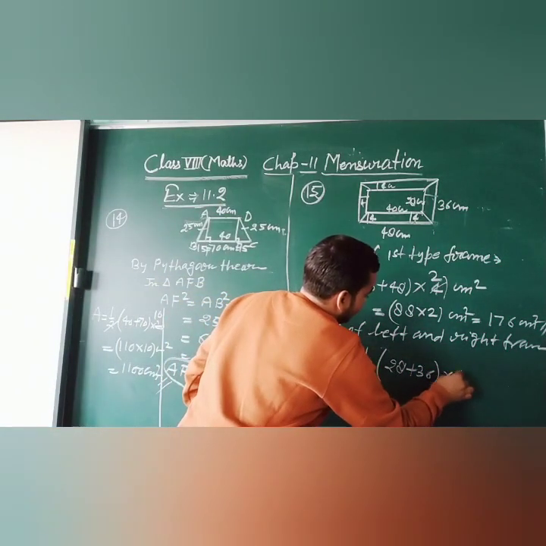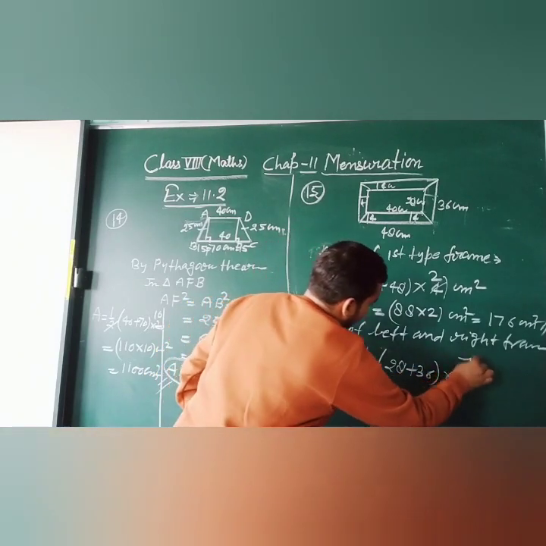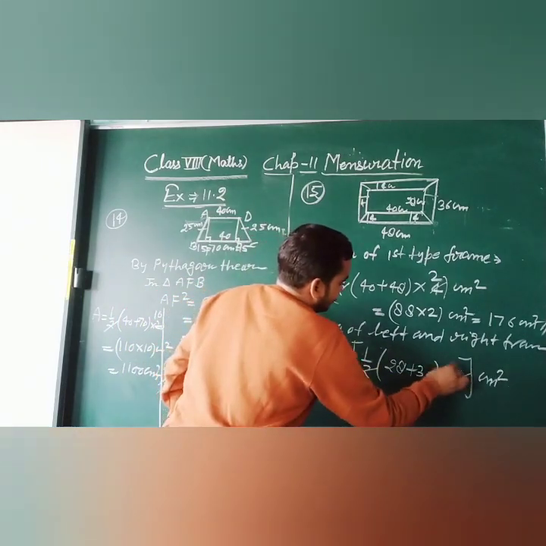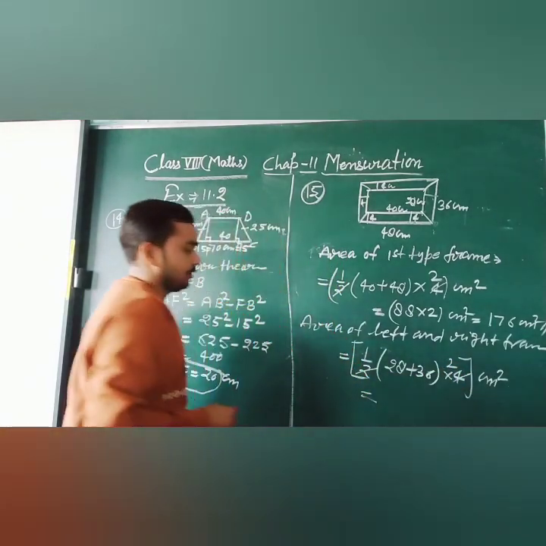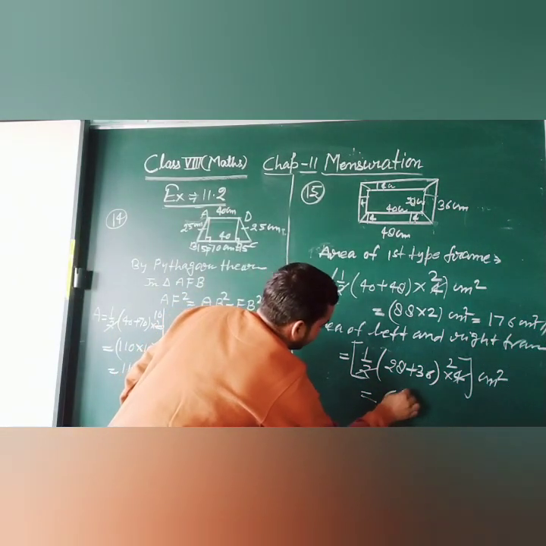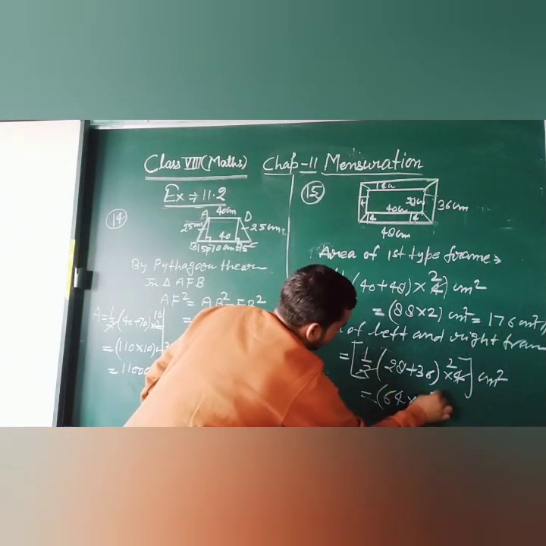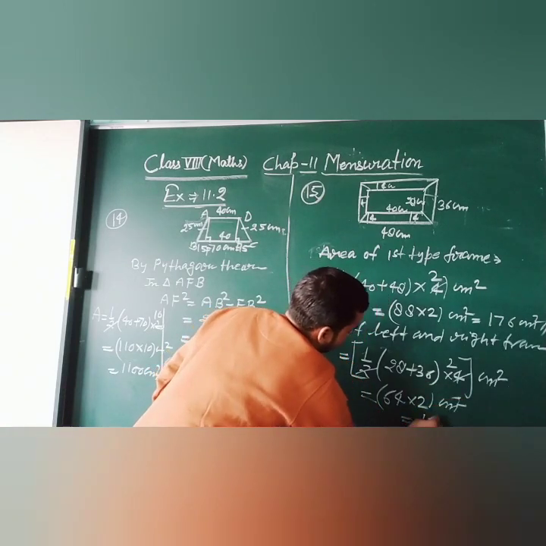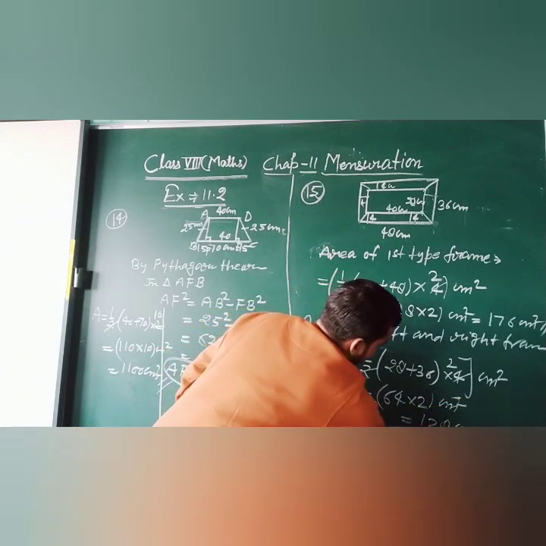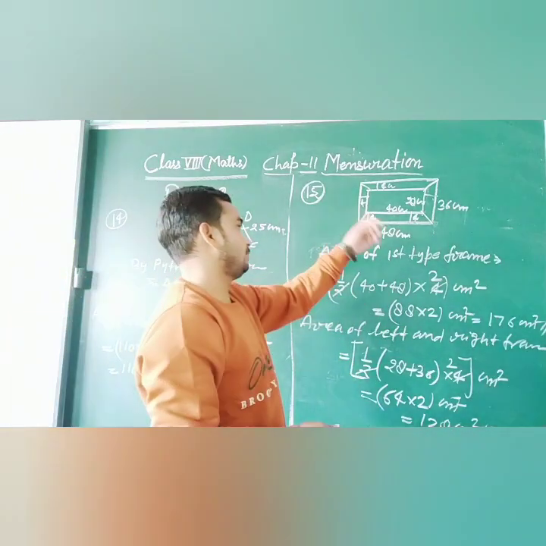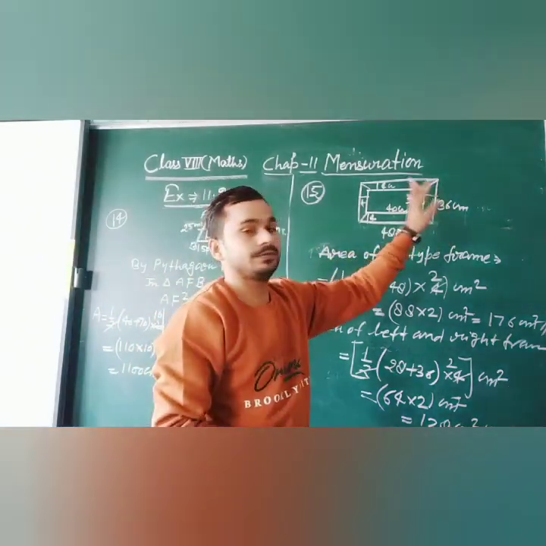So multiply by 4. 2 twos are 4. 28 plus 36 equals 64. So 64 into 2, 64 twos are 128 centimeter square. So this is the area of these two frames, the left side and right side,